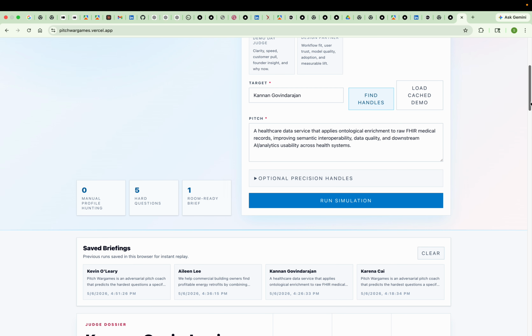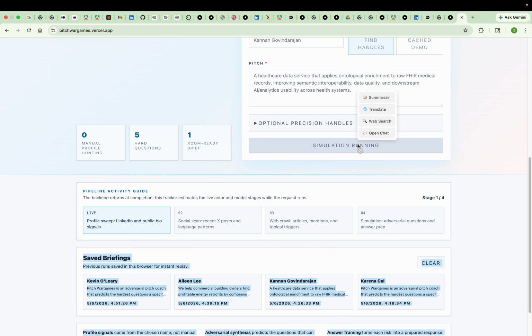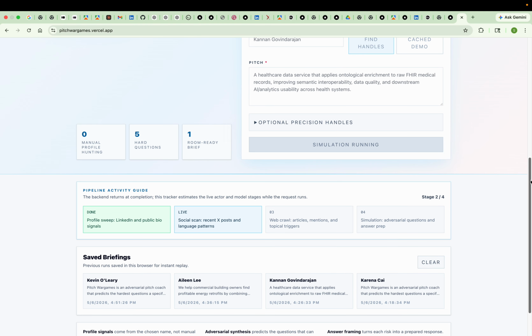And then if you run the simulation, what it does is profile sweeps of the LinkedIn post, biosignals, social scan, recent exposé, and language patterns, web crawl, articles, mentions, and topical triggers, simulation, adversarial question and answer preparation. So it uses all the 4 AP5 tools, and then at the back end it also uses Anthropic's model to